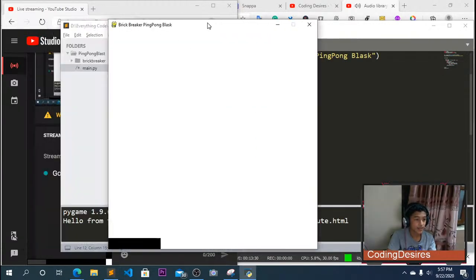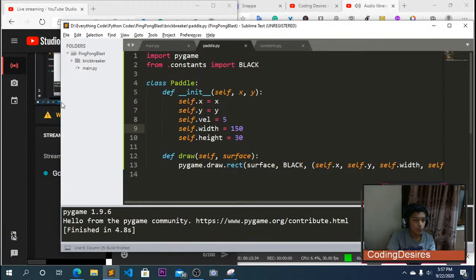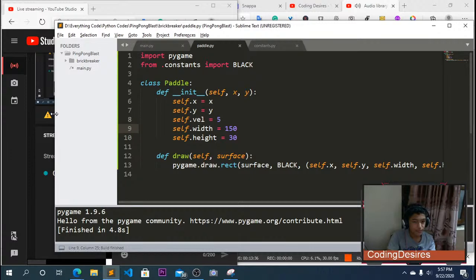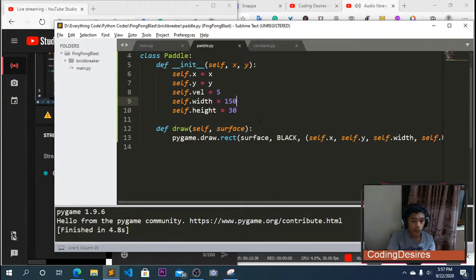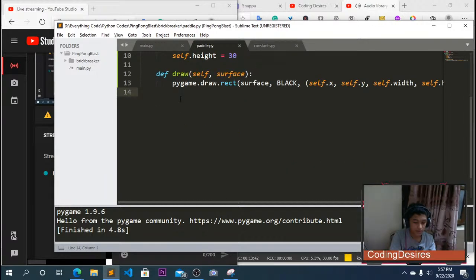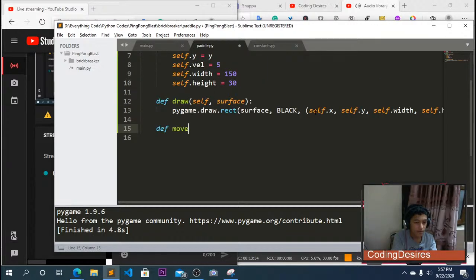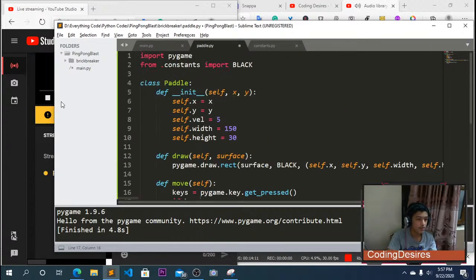That's double the size. And I guess we should add the option for the player to move the, what's that called, the paddle. I've been doing the same thing and I don't know the name of that, sorry. Move self, keys is equal to pygame dot key dot get pressed. If keys